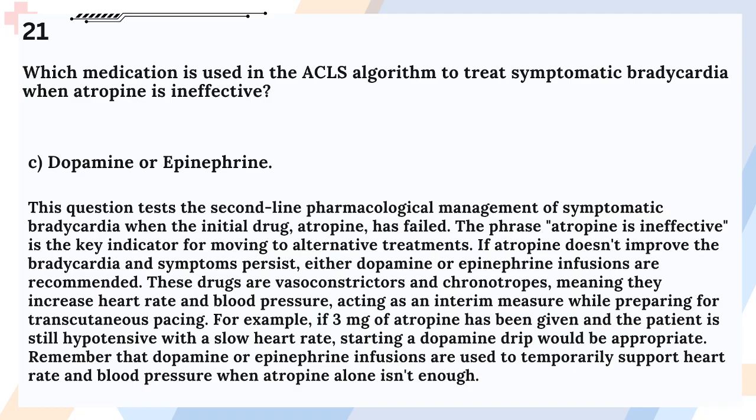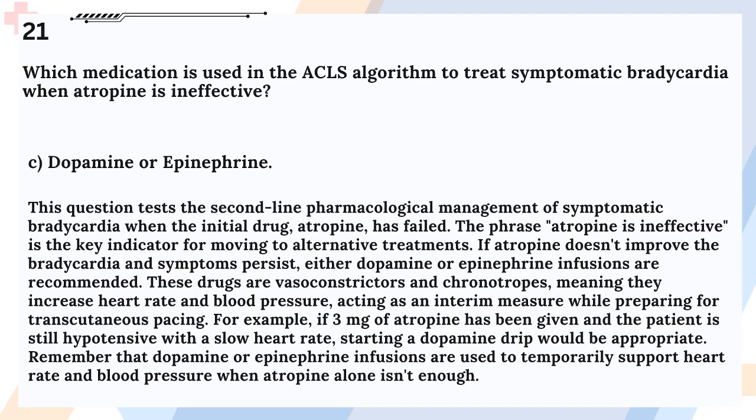These drugs are vasoconstrictors and chronotropes, meaning they increase heart rate and blood pressure, acting as an interim measure while preparing for transcutaneous pacing. For example, if 3 mg of atropine has been given and the patient is still hypotensive with a slow heart rate, starting a dopamine drip would be appropriate. Remember that dopamine or epinephrine infusions are used to temporarily support heart rate and blood pressure when atropine alone isn't